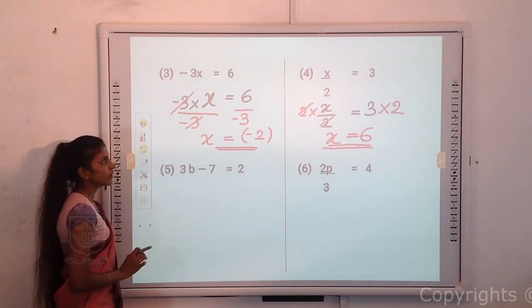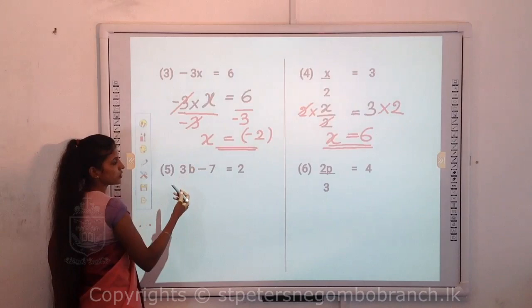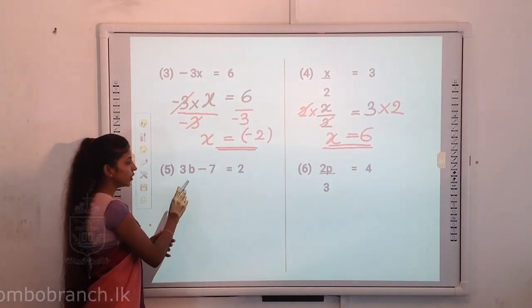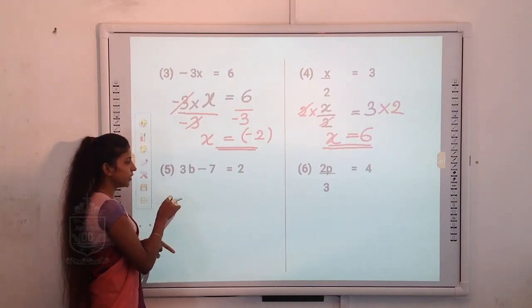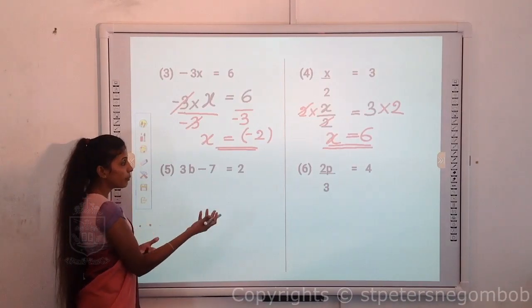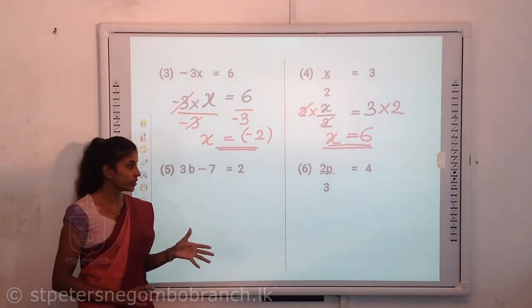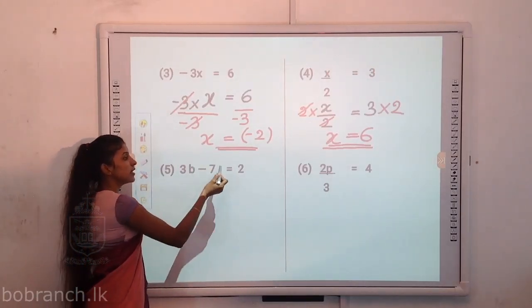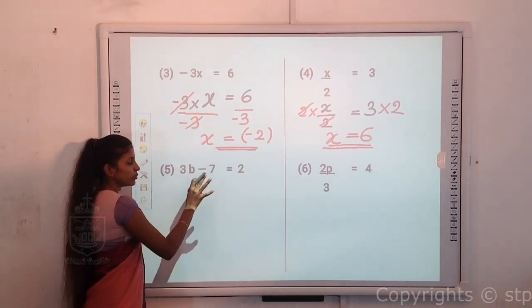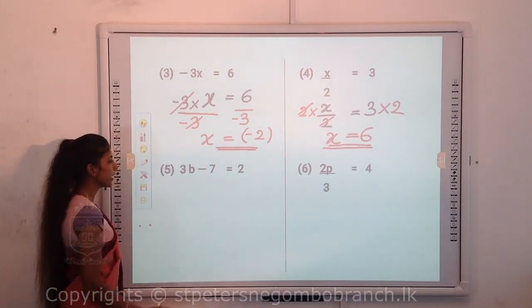Two more examples where you have an expression. Here you have a term and here you have an expression on the left side of the equal sign. In here you have the unknown term b connected with 3 and another separate known number. The number is minus 7. In simplifying these types of equations, first of all you have to cancel this number from this side. Before moving to 3b, you have to cancel this number, that is minus 7.